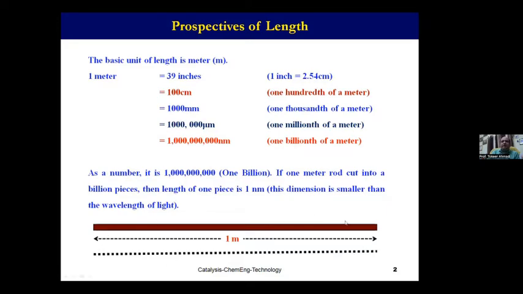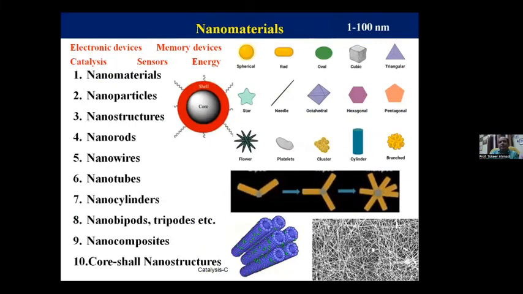So, for example, if I have a rod of 1 meter length, and if I cut this rod into 1 billion pieces, then the length of one piece is 1 nanometer, and this dimension is smaller than the wavelength of the light. So actually, nanomaterials are very fine materials whose grain size lies in the range of 1 to 100 nanometers,